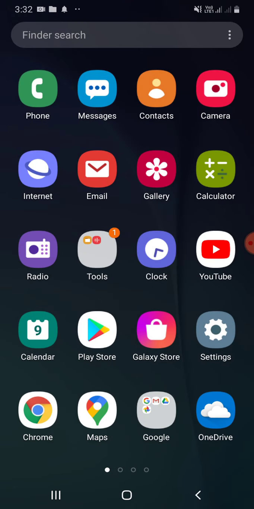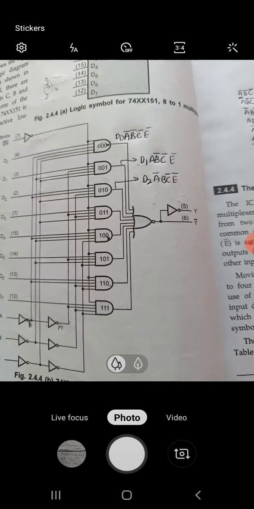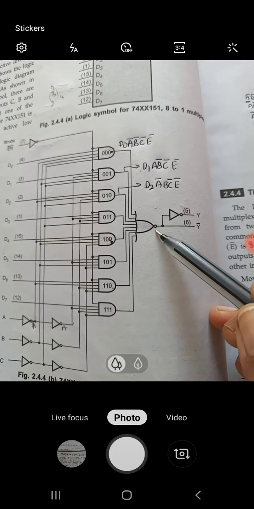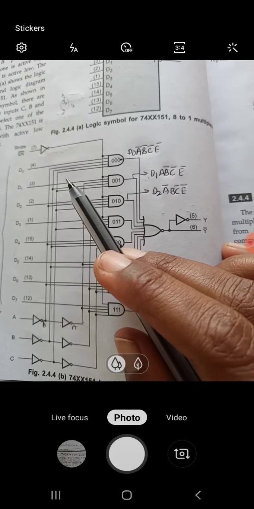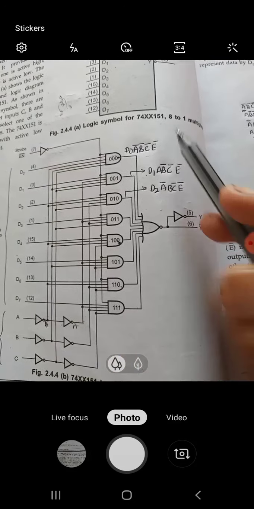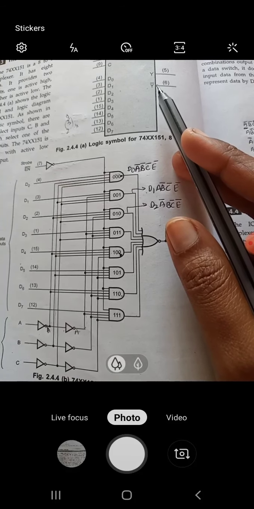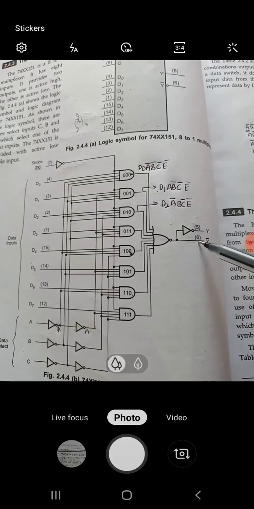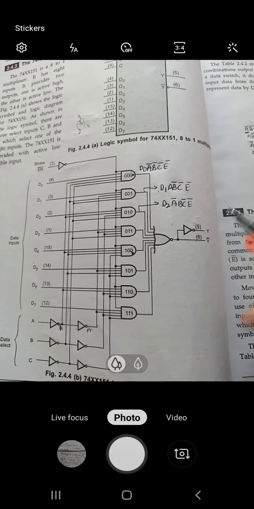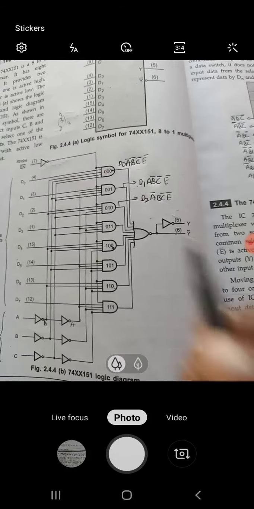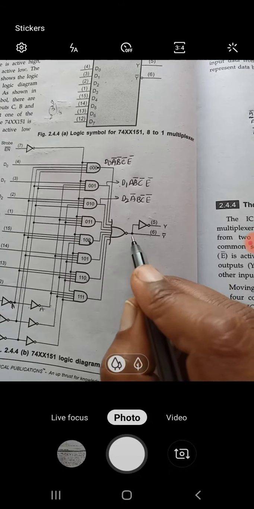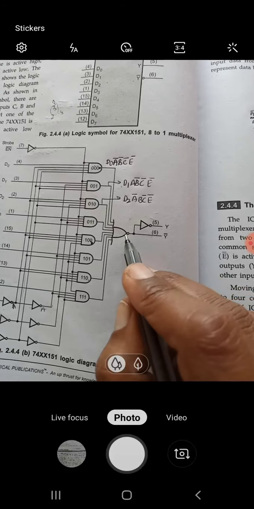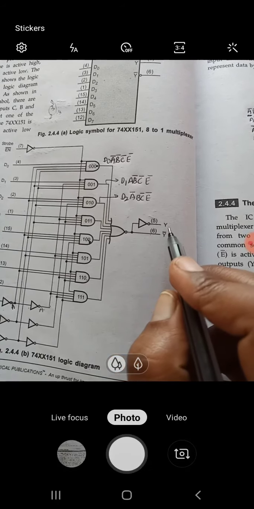This is given to an OR gate and NOTed. Why? Because at one point you have a logic low value, so therefore we have done this. If it is NOTed, you get Y bar. This is a standard thing available. When you have a NOT gate, it is Y bar. If you put another NOT gate, NOT into NOT, that is minus into minus, will become plus again. So this is the logical diagram for it.